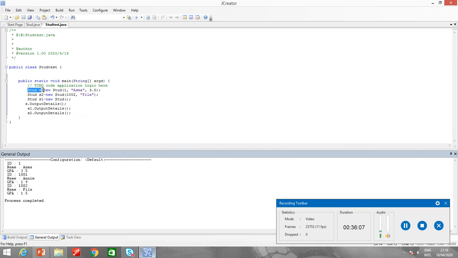Let me remove these two lines. Now if I write a statement like this, I will remove all these statements. System.out.println S1.